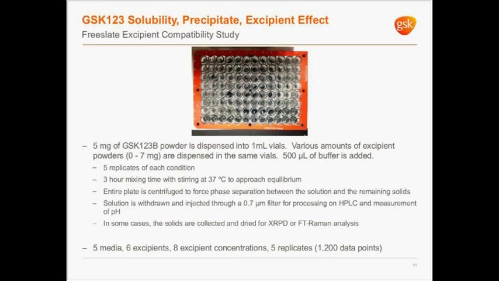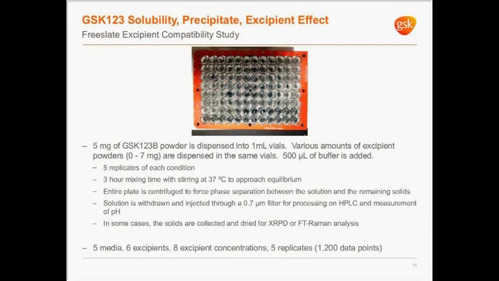Here's a brief explanation of what the library consisted of. This photograph shows a traditional 96 well plate that contains 1 ml vials. This is typical of what we use in our lab. Into each of the 1 ml vials, we added 5 milligrams of drug. The goal was to dispense more API into the vial so that we could use the solids that remained to